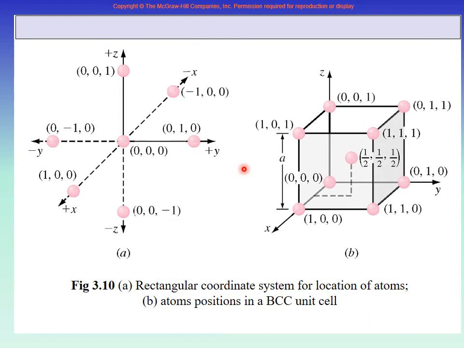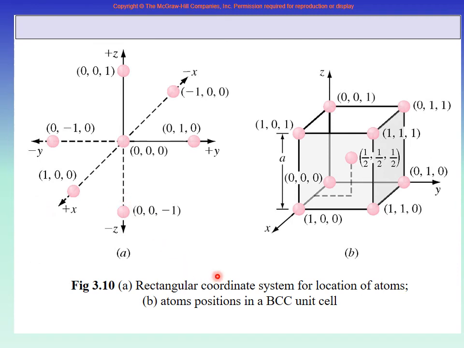Now in this book, the y and the z are in the plane of the paper, and the x is coming out of the paper. Normally, if you remember, x and y are on the page, and z is outside the page. Here, remember please, that horizontal is y, vertical is z. So any plane is the yz plane, and the x is coming out of the paper. So this is the basic coordinate system.